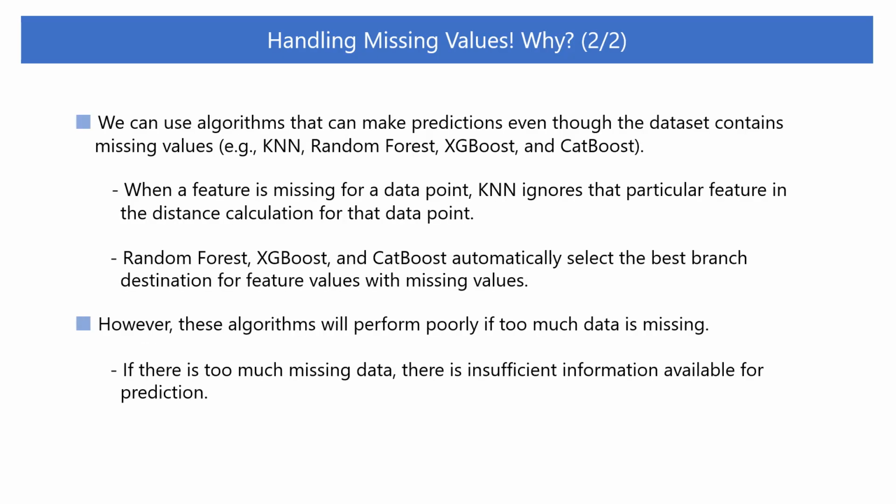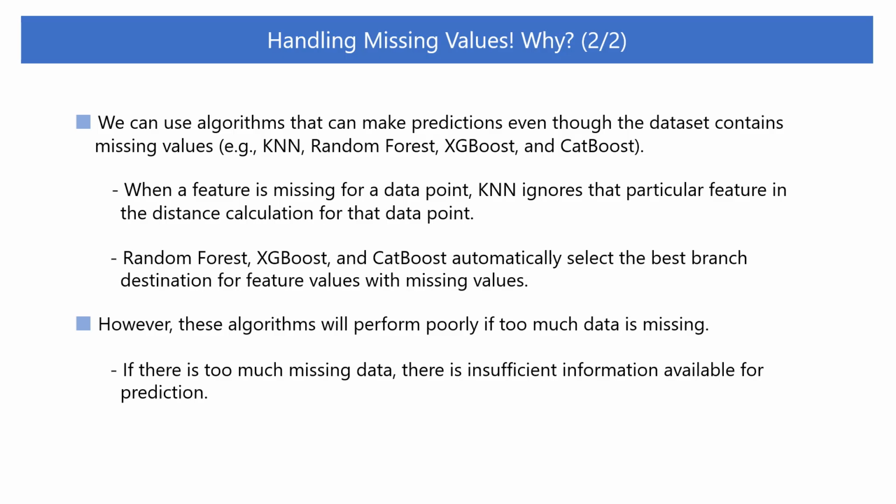We can deal with missing values by using algorithms that can make predictions even though the dataset contains missing values. For example, algorithms such as k-nearest neighbors, random forest, XGBoost, and CatBoost can automatically handle missing data. K-nearest neighbors works by calculating the distance between data points to identify the nearest neighbors. When a feature is missing for a data point, k-nearest neighbors ignores that particular feature in the distance calculation